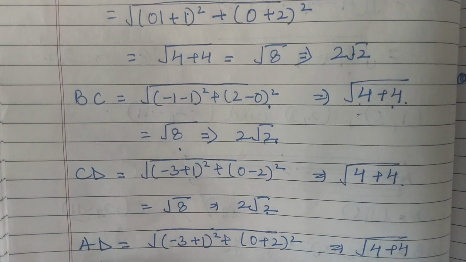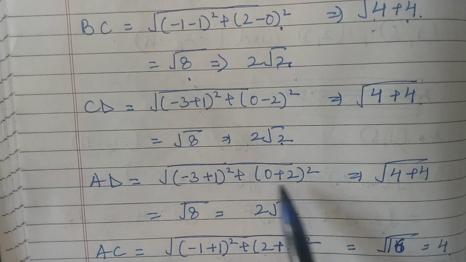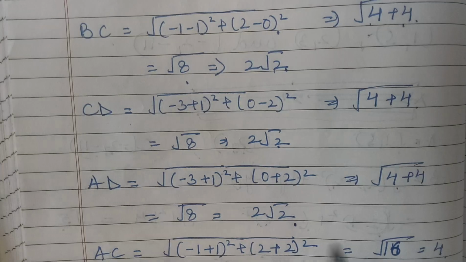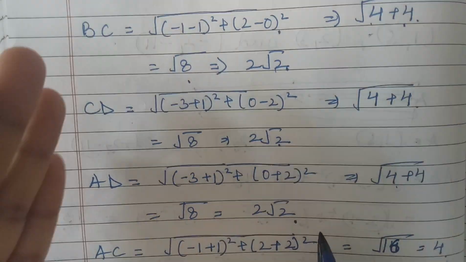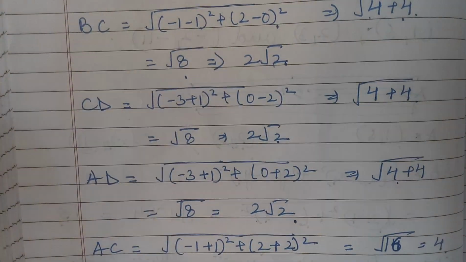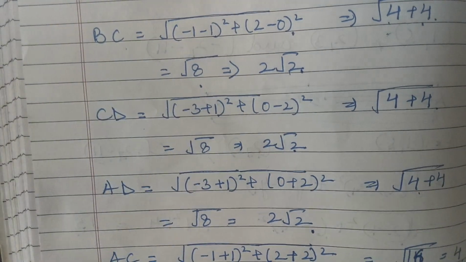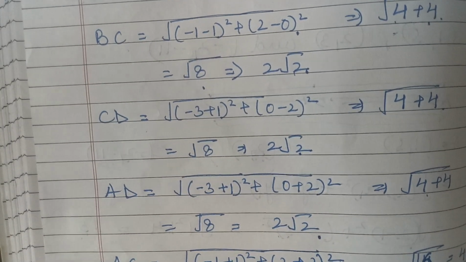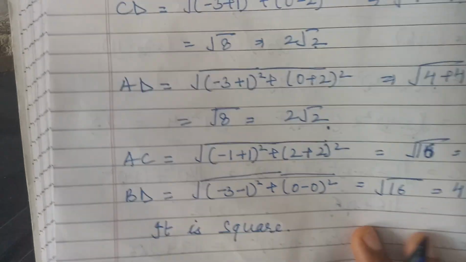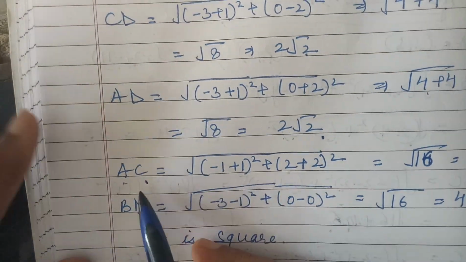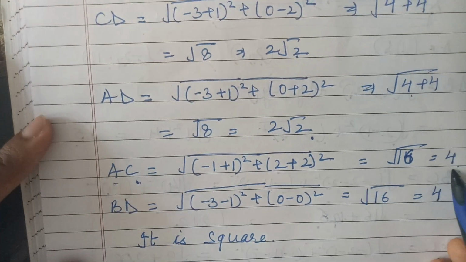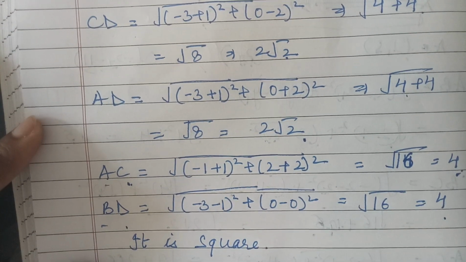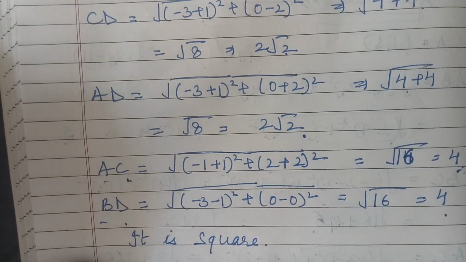Now we will find out AD. Okay, let's see AD. Again after solving that we get the value of AD is 2 root 2. My god, it means that AB, BC, CD, AD all the 4 values are equal. So it means that either the figure is a square or the figure is, yes, a rhombus. So let me check the diagonals also. Yes. So the value of AC is 4 after applying the formula, and the value of BD is also 4. If the diagonals are also equal, it means that it is a square.